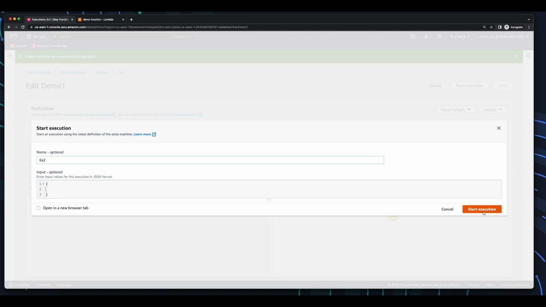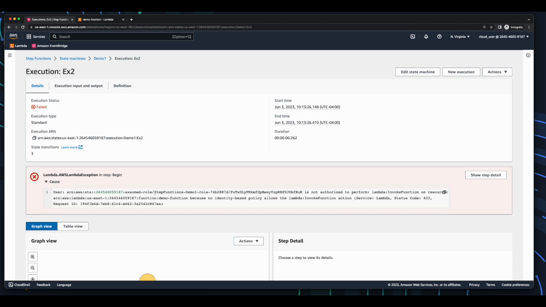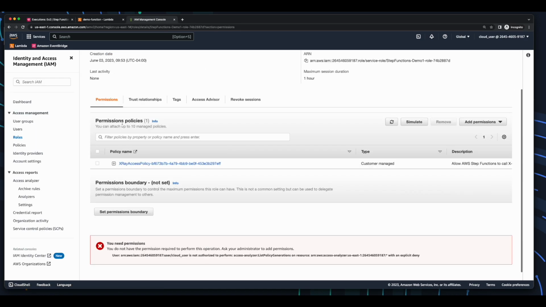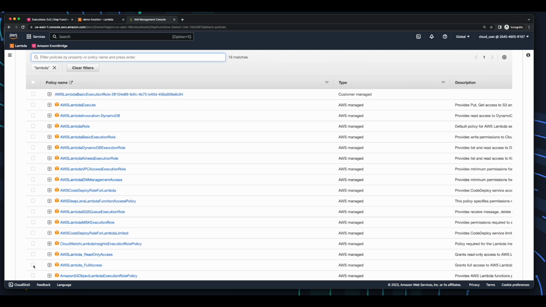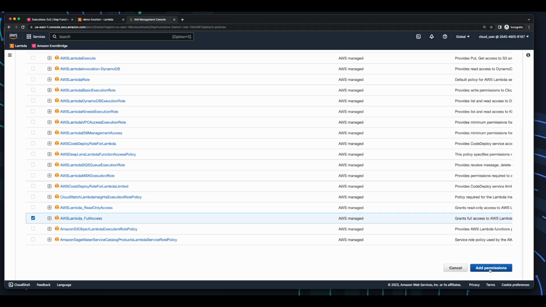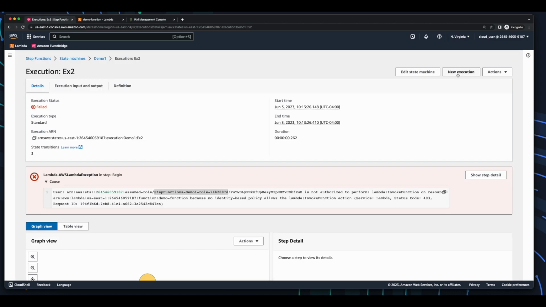And this execution will actually fail. And if we look at the cause, it's because the step function role doesn't have permissions to perform the Lambda invoke function. So I'll copy the role name, head over to IAM, search for the role, and add a permission to attach a policy. And for the demo, I'll give it Lambda full access and add the permission. Now, if we jump back over to the step function and run a new execution,